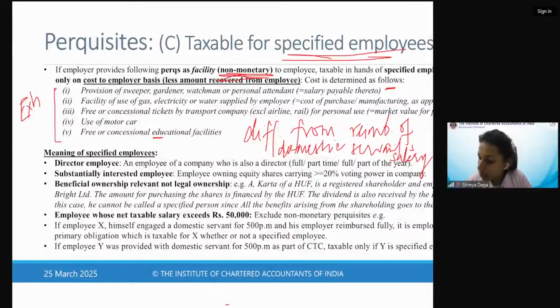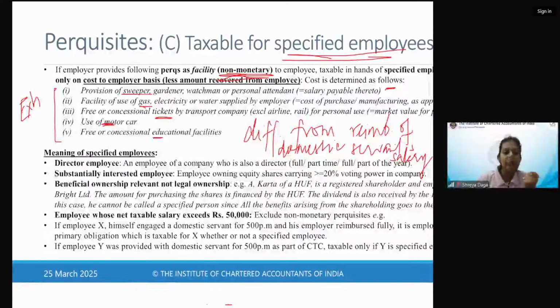तो एजुकेशन, मोटर कार, टिकट्स या ट्रांसपोर्ट, गैस या इलेक्ट्रिसिटी या वाटर, और स्वीपर या सर्वेंट, ठीक है। ये इनका ना मैं आपको एक एक्रोनिम दे दूंगी अगले क्लास में, मतलब हाउ यू रिमेंबर दीज 5 पॉइंट्स, जैसे हमने जीपीएलआरबी बनाया था ना, वैसे इसका भी मैं बना के आपको दे दूंगी। So you will be able to easily remember these 5 points together. Okay? तो ये सब फैसिलिटीज प्रोवाइड अगर होती है तो ये सिर्फ कुछ एम्प्लॉयज के हाथ में टैक्सेबल होती है,